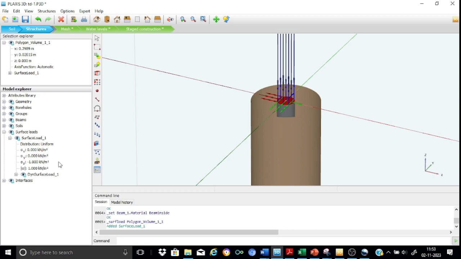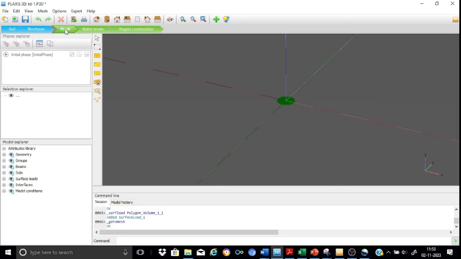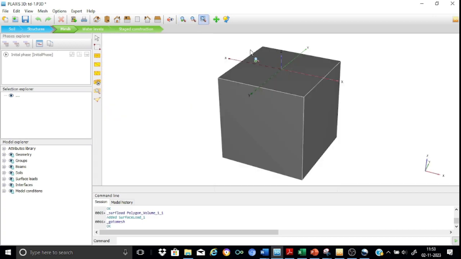So this means we have almost completed the definition of all the items required under the structures mode, and we are ready to proceed to the mesh mode. Now in the mesh mode, I want to be very specific. As this is only a tutorial, I'm not going to define any kind of refinement zone around the pile. Please remember that the accuracy of the results obtained from a volume pile analysis is heavily dependent on the mesh. So for all practical problems, it is important that you define a well-defined refinement zone around the volume pile,